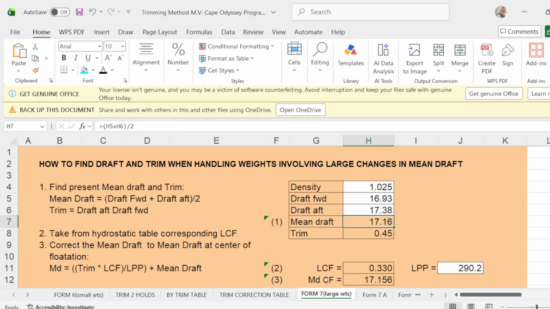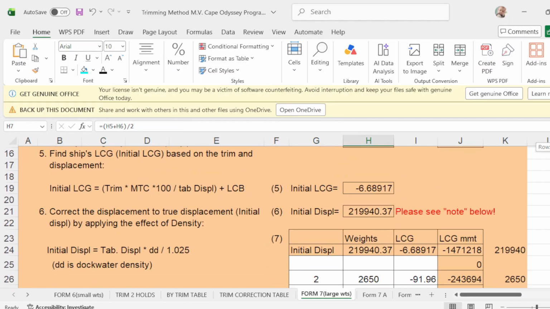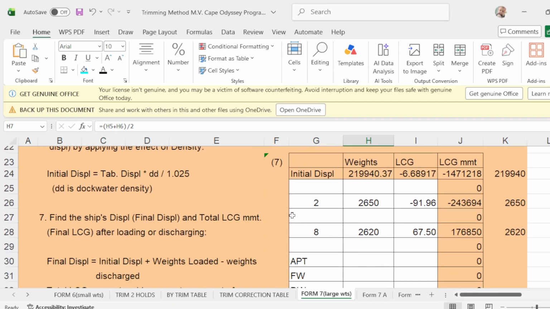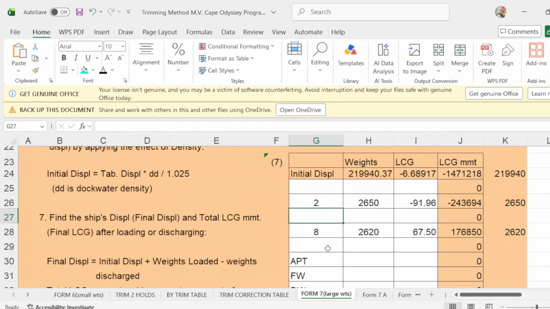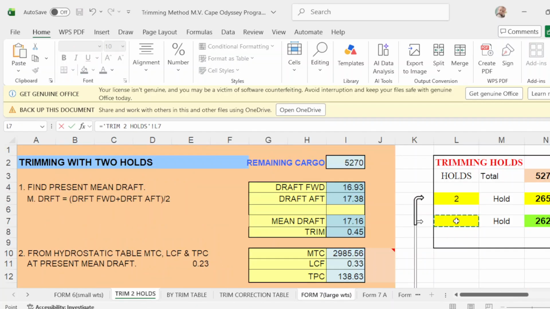Then scroll down. You put here now the cargo hold. Put this equals. You go to trim 2 holds. Click number 2. And number 8, put equals. You go to trim 2 holds, you click number 8. Okay.